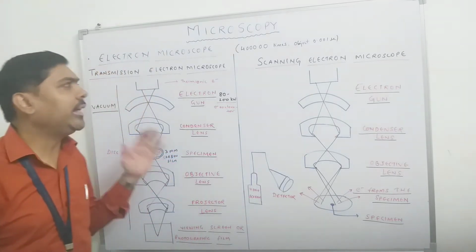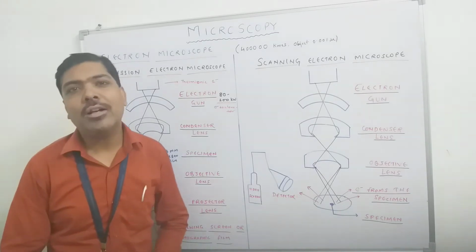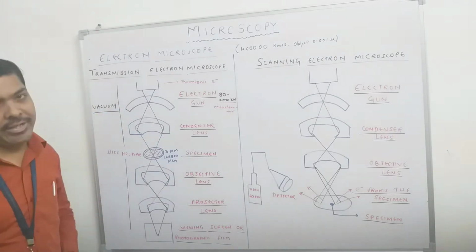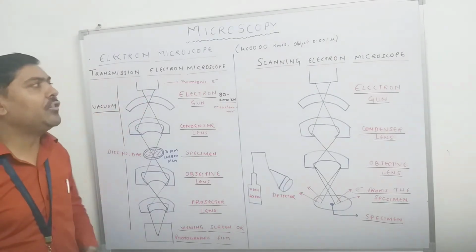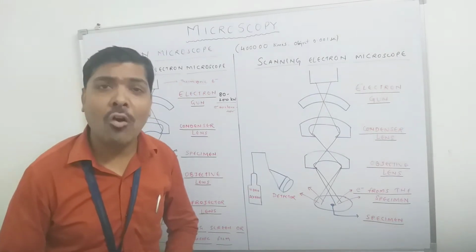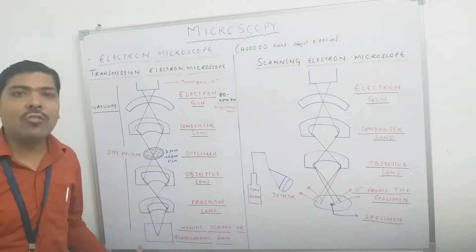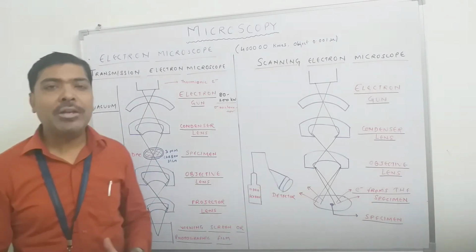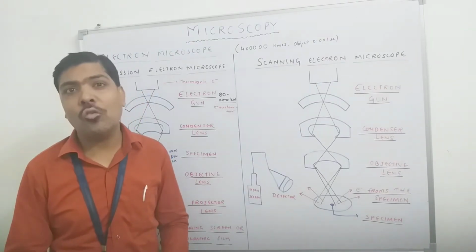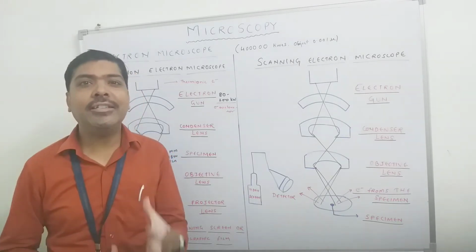So in case of the TEM and even in case of the SEM, we generally go for the use of thermionic electrons. Once these thermionic electrons are generated, we need to accelerate them, because we want these electrons to enter the main part of the instrument with a certain speed. So for the acceleration of these electrons, we have to arrange an electrostatic accelerator that accelerates the electrons.